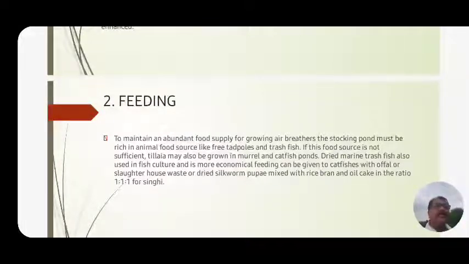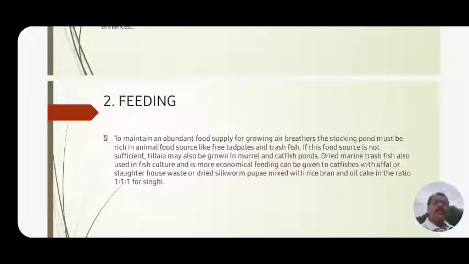The food is tadpoles, the larvae of the different frogs, and trash fish. Trash fish are dried, sun dried, crushed, and their powder is used as food, because these are predatory fish and they depend upon trash fish food material. If this food source is not sufficient, for example if tadpoles or trash fish are not available,